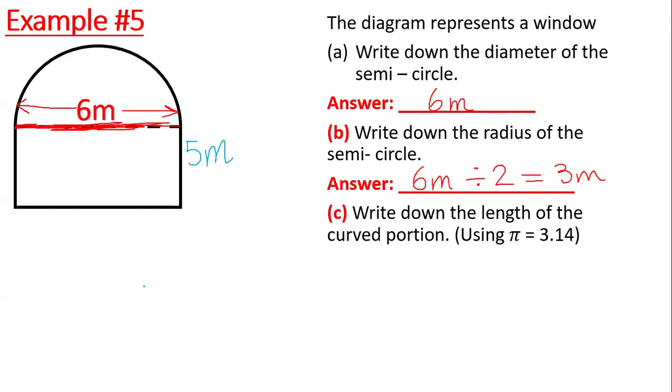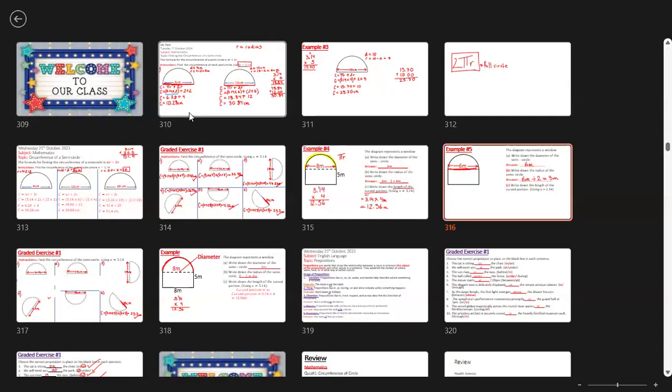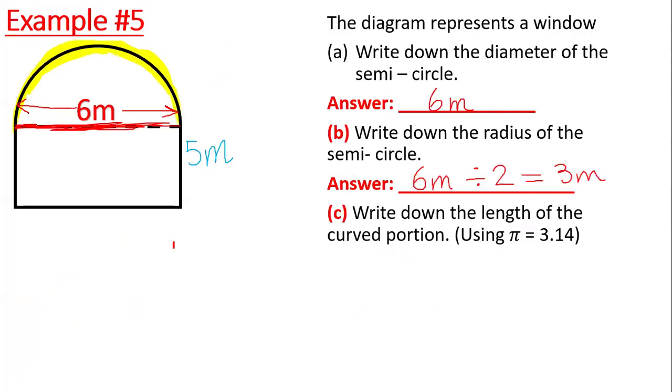All right. So what's the formula now? What do they want? The formula for the curved portion. They want just the curved portion of the semicircle, the length of the curved portion. So if we want the length of just this curved portion, what I have in yellow, the formula for defining that length is going to be, anyone remember the formula? Pi times the radius. So it's gonna be pi